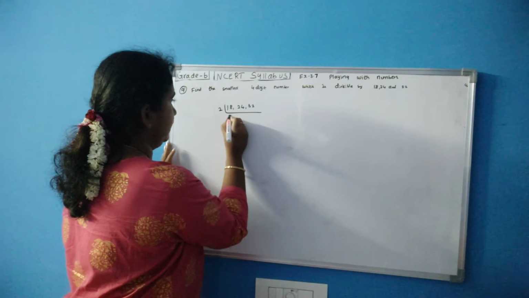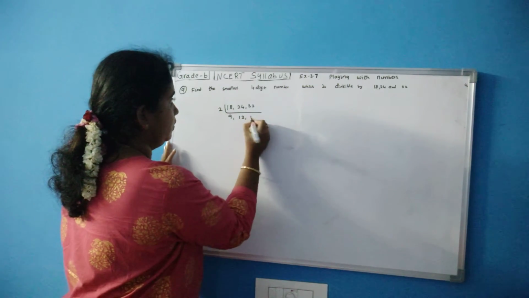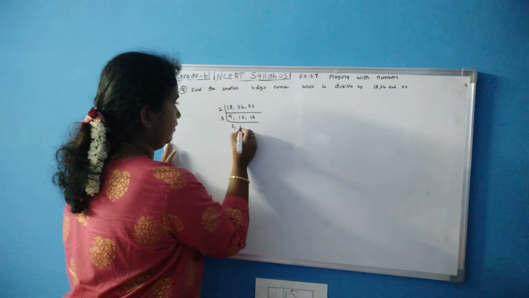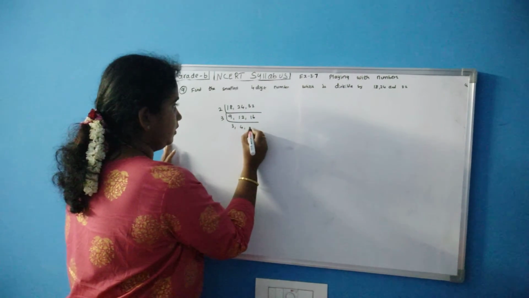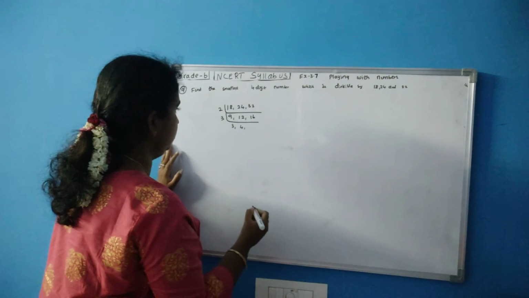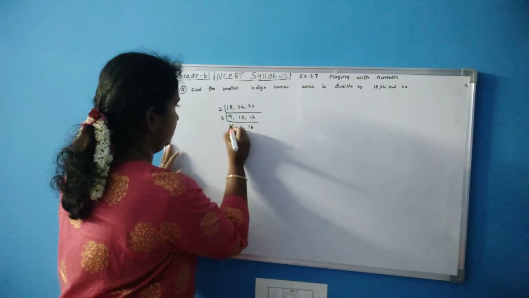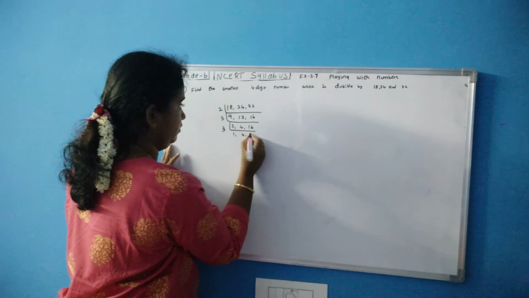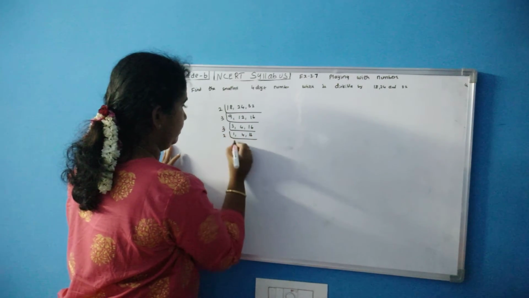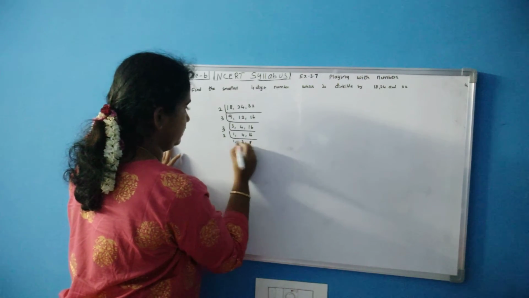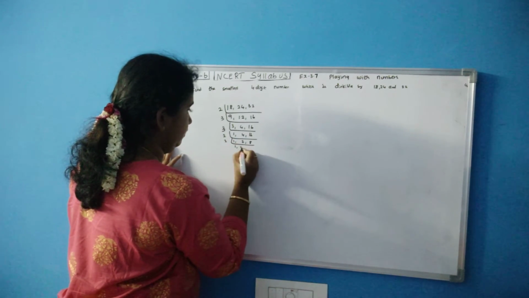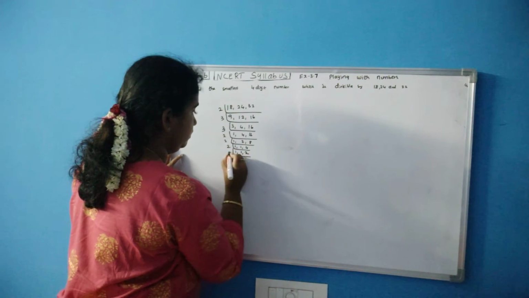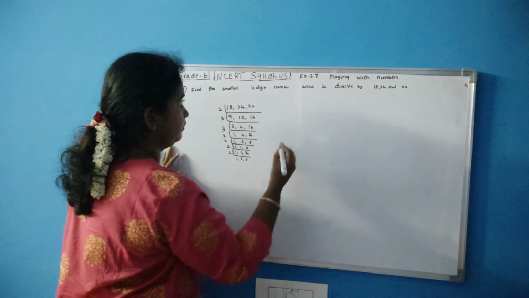Okay, 2 table, 9 2s are 18, 1 2s are 2, 2 2s are 4, 1 2s are 2, balance 1, 6 2s are 12. Again 3 table, 3 3s are 9, 4 3s are 12. Oh, 16 will not go. So write 16 as such. Now 3 table, 1 3s are 3, 4, 16. Then 2 table, 1, 2 2s are 4, 8 2s are 16. Then again 2 table, 1, 1, 4 2s are 8. Again 2 table, 1, 1, 2. 2 table, 1, 1, 1.